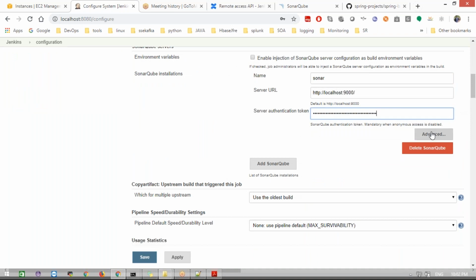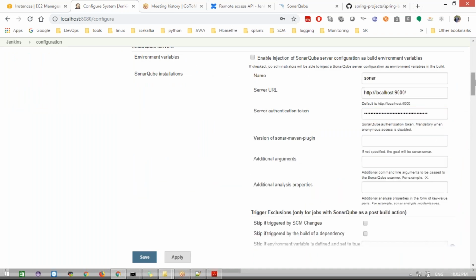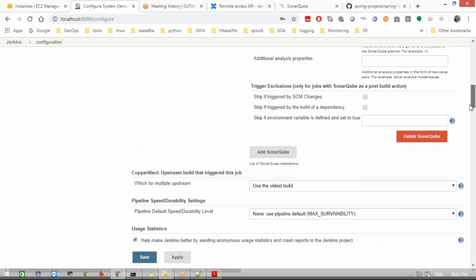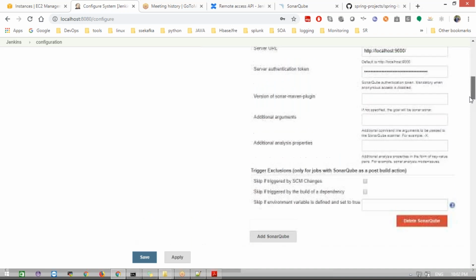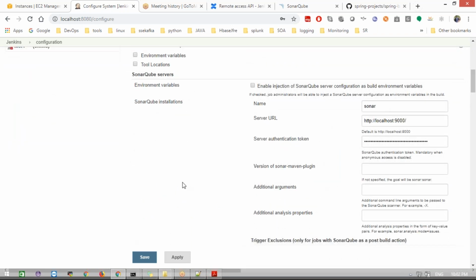Go to the advanced tab. I did not add anything here; there is no variable. If you want more additional arguments, like Java-related arguments, you can add them here. Those three are enough. That's it, I added it here.